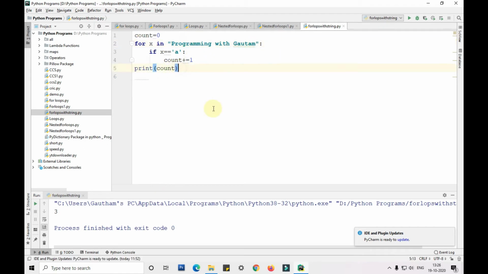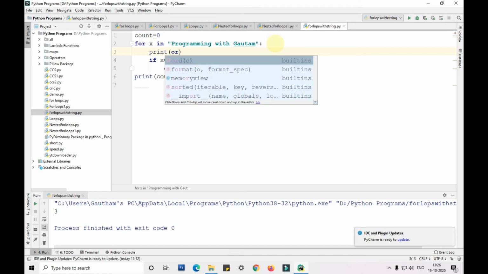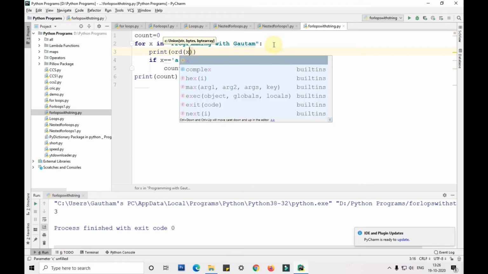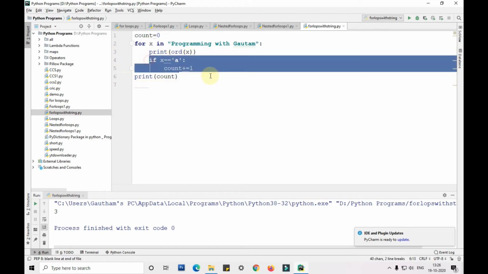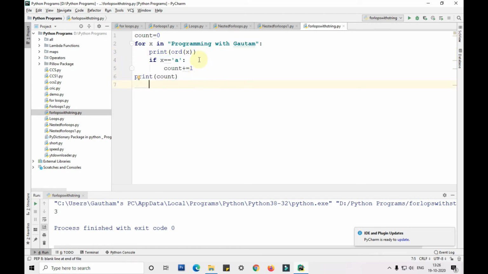Similarly, we can also print the ASCII number of each particular character, like print ord of x. x comma ord of x.